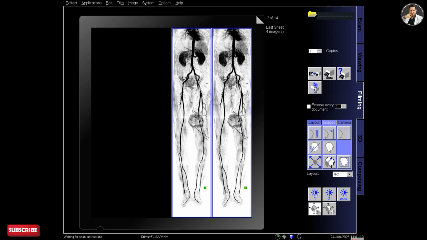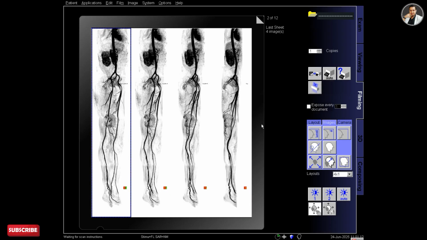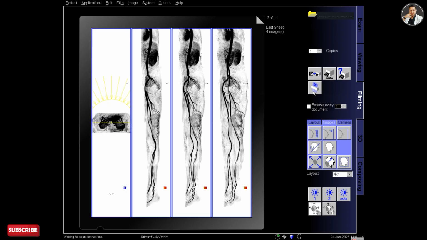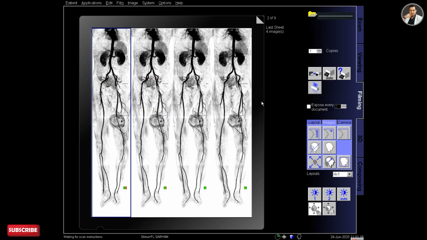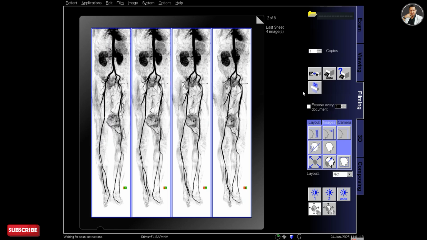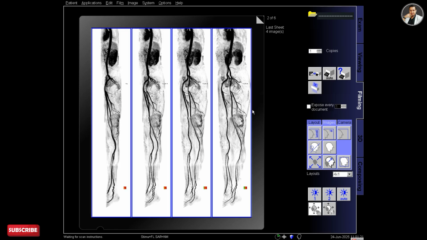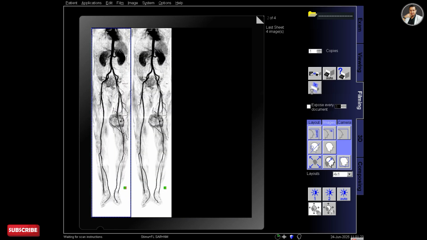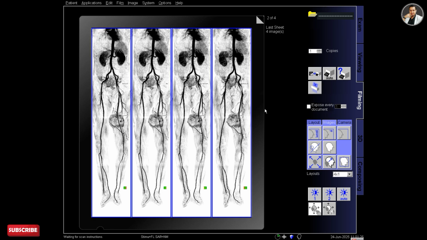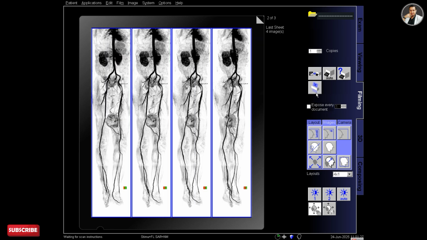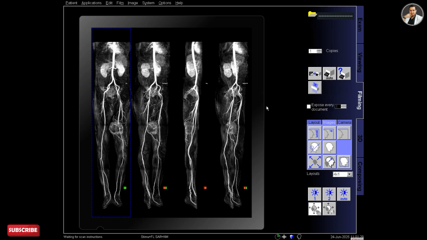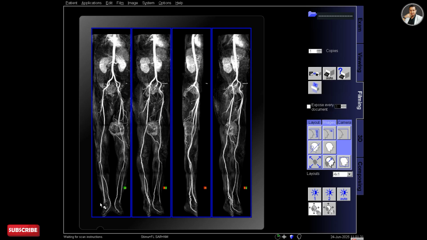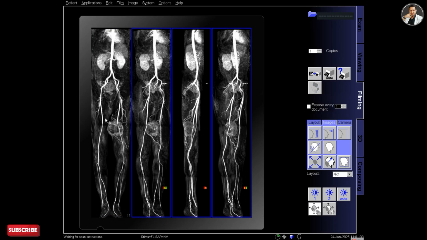You select all the parts together and drag them to the composing so that all the parts compose together and make the whole lower limb images. That's the technique, and then you can do 3D to make radial images, and also you can make inverted images.